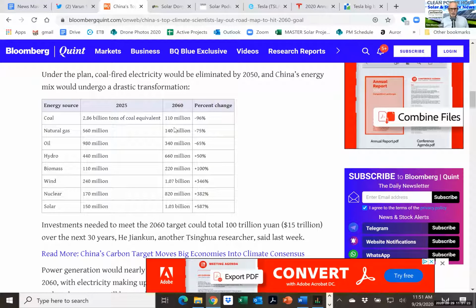I love this table because it articulates the carbon bubble. If you're not familiar with Jeremy Rifkin's book, The Green New Deal, check it out. There's a great audiobook and a paperback. Rifkin has been traveling around the world consulting for the last 2 decades with governments like China and Germany and other European countries who got serious about the Green New Deal actually 10 years before us. But look at this: coal minus 96%, natural gas minus 75%, oil minus 65%, hydro plus 50%, biomass plus 100%, wind plus 346%, nuclear plus 382%, hopefully next generation nuclear, not the kind at Fukushima that blows up, and solar at